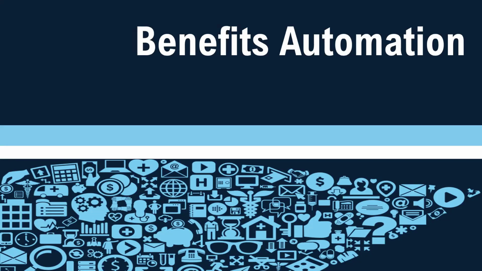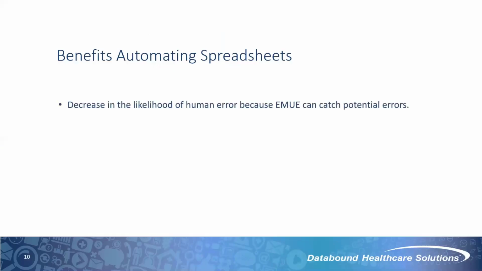So some of the benefits to automating the process is that it decreases the likelihood of human error because EMUE can catch those potential errors. Luckily, the way that EMUE works is that you can put error handling in, you can put validation in your script to handle information each time your script loops through. So if you need to check something like a date value, if you need to make sure that a reference ID, an encounter ID, or an account ID has a certain number of letters, numbers, or it doesn't look right, EMUE can actually catch that every time it loops through the script